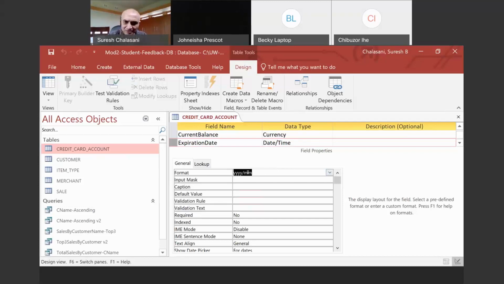So for example, if I want year, month, and days, 4 digits for the year, 2 digits for the month, and 2 digits for the day, choose this format, and then I can save this, right? So I'm not so much worried about the format display. I would like you to just adhere to the exact data type here in terms of date time.